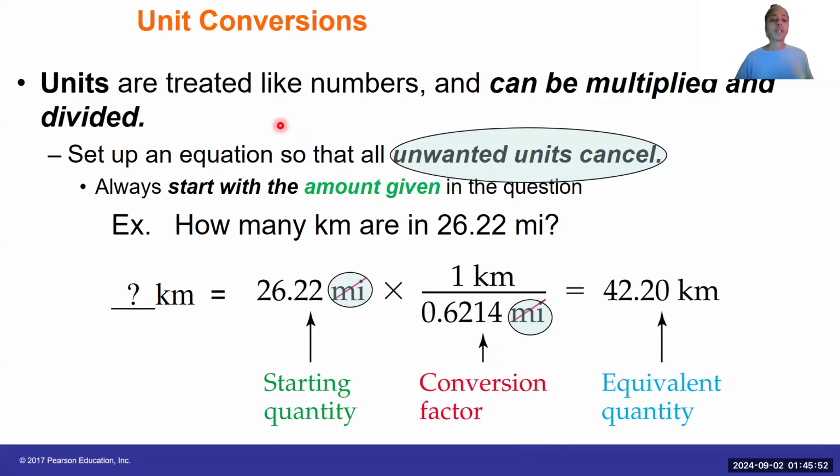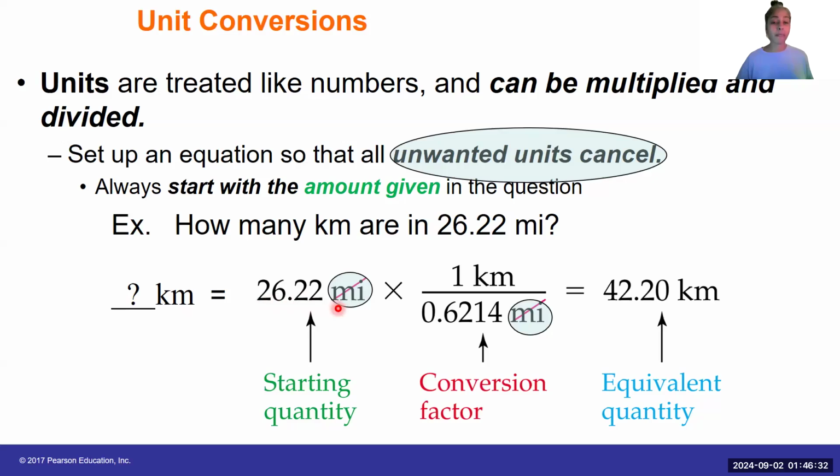So units are treated like numbers, and we can multiply and divide the units. We set up every equation so that all the unwanted units cancel. We are always going to start with the amount given in our question. For example, how many kilometers are there in 26.22 miles? Well, my question is, how many kilometers? To set up this problem, we're always going to start with what we were given in the question. We weren't given the kilometers, but we were given the miles. So I start with what I'm given,